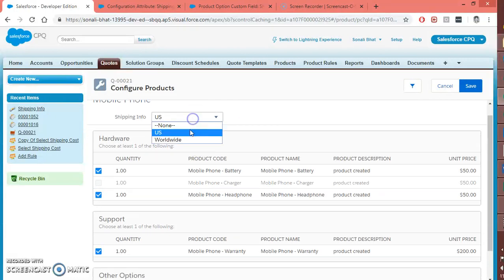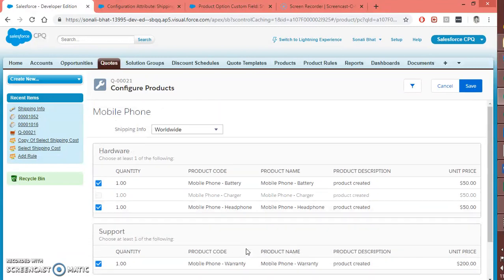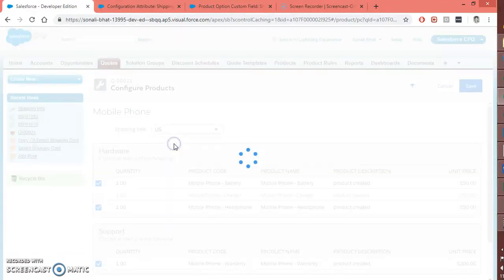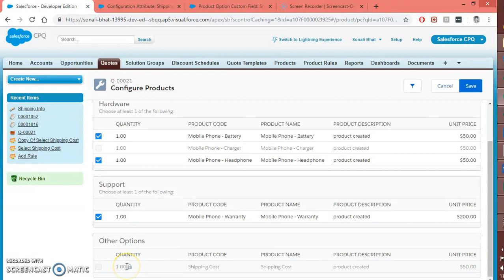If I click on worldwide, as you can see, the background process starts and the product rule enables this product and marks it as selected, so that the shipping cost will be added to the actual quote. But if the salesperson sets the value to US and scrolls down, you can see that the product option is disabled. Even if he tries to select this product option purposefully, he can't, because using the product rule I have marked this product option as disabled and removed.